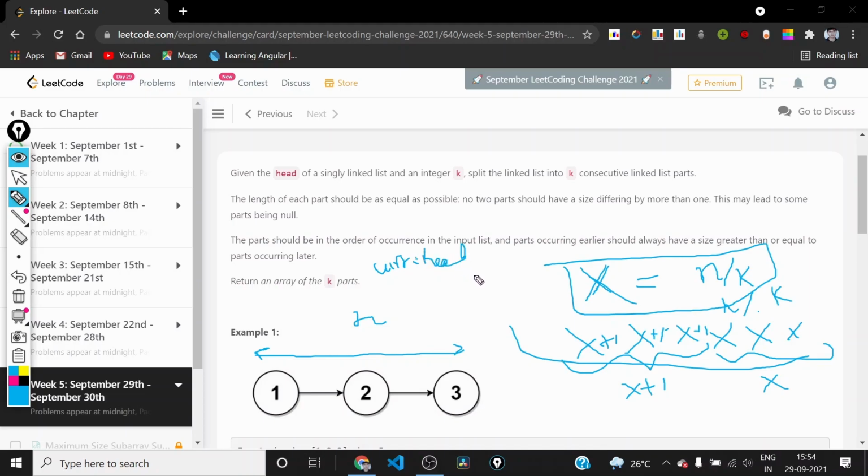I will use a while loop, and until it is not equal to null, I will keep doing current equals current dot next. And I will keep a variable n and keep incrementing it. So after it becomes null, we will have the size n. So first of all, let us complete that step. Then we can discuss how we'll be doing this splitting.